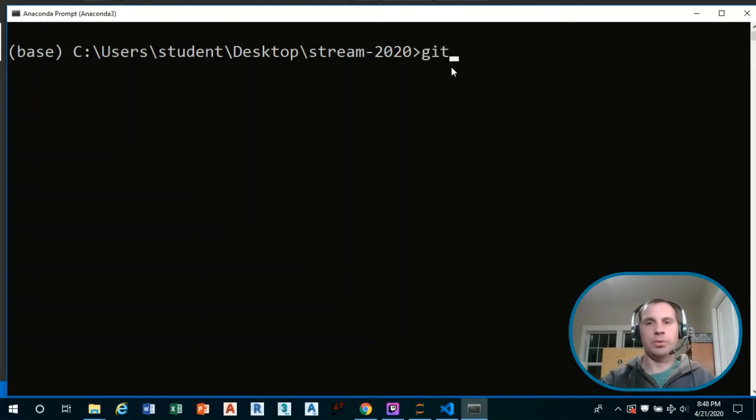So first you'd want to do git init. That will initialize the Git repository. This repository is already initialized, so I don't want to run that command. And then you want to link it up to GitHub. So then you type the command git remote add origin, and then you type in the link for your GitHub repo.